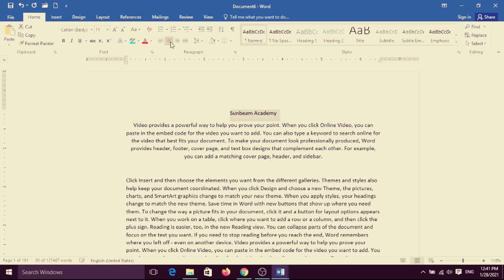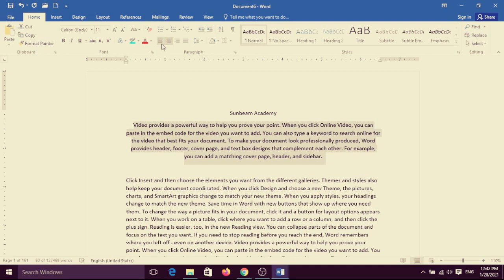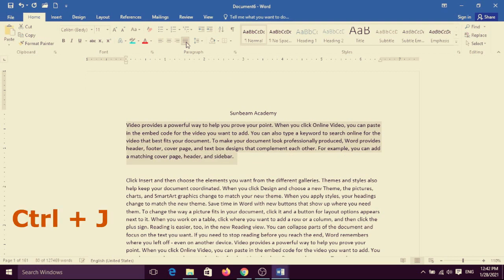And suppose I want to choose this paragraph and click on justify, means both sides. Distribute your text evenly between the margins. Yes, see, now both sides are equal. Right side and left side are equal, means both side alignment has been set. You can use also center. It is in center, it is in right, it is in left, and it is in justify.